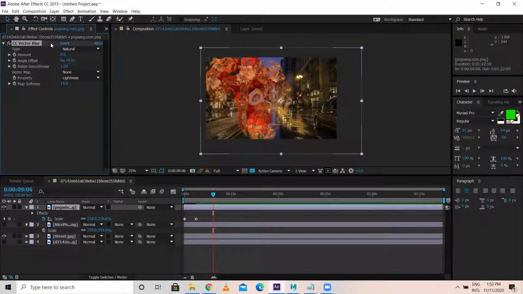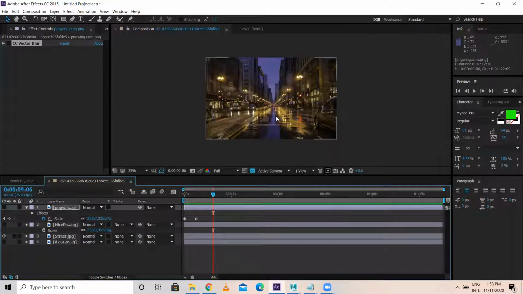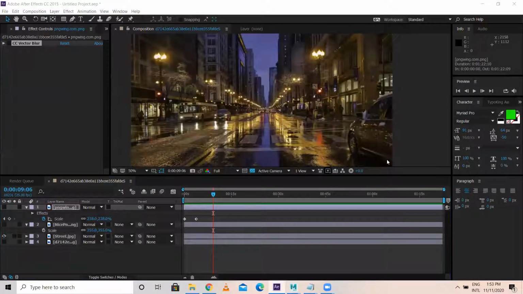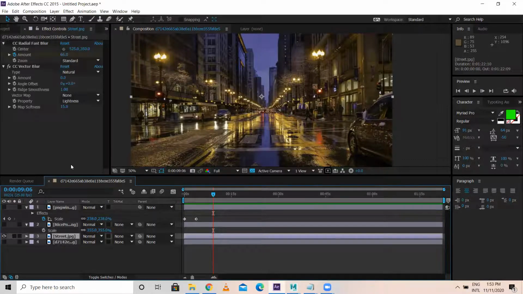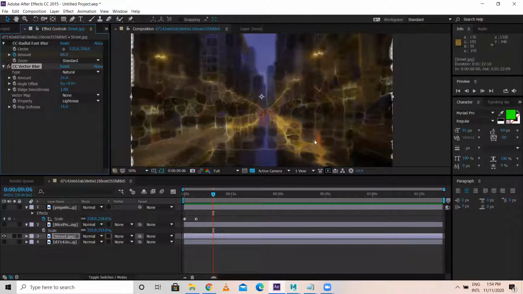Have you seen Iron Man 3? Have you seen the Iron Man 3 movie? No, sir. Okay. So there is an effect, kind of scar and all will come. Fiery scar will come for the characters. So you can achieve these effects here. See, automatically a different pattern will come in this.